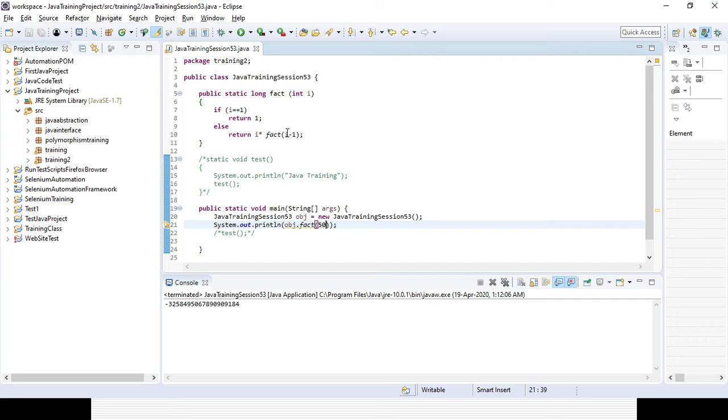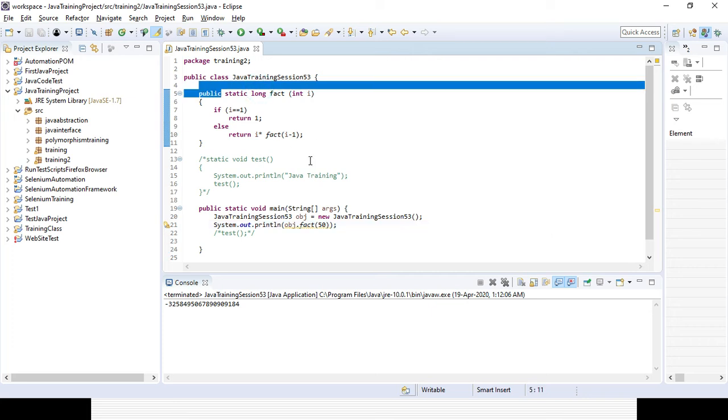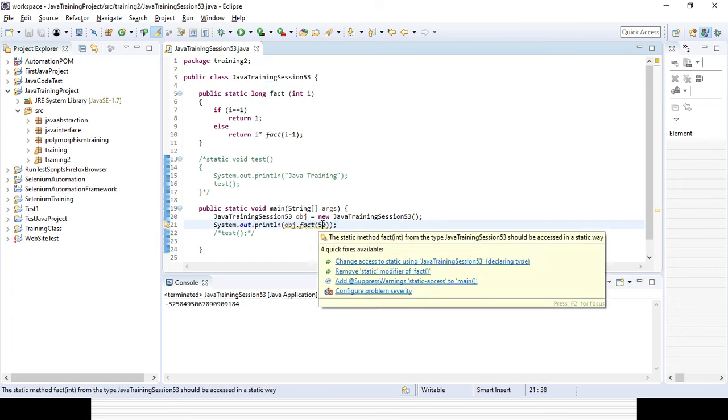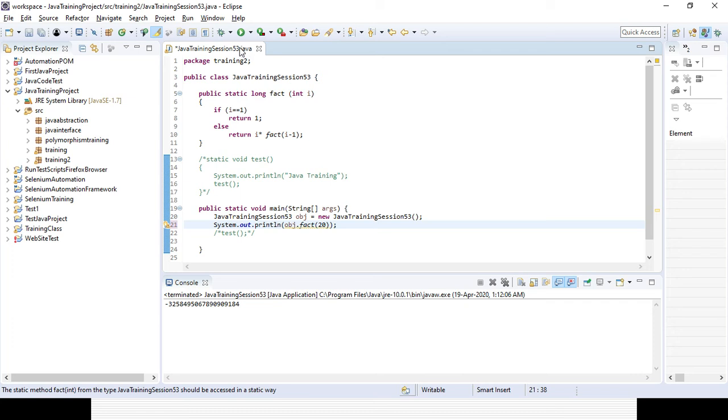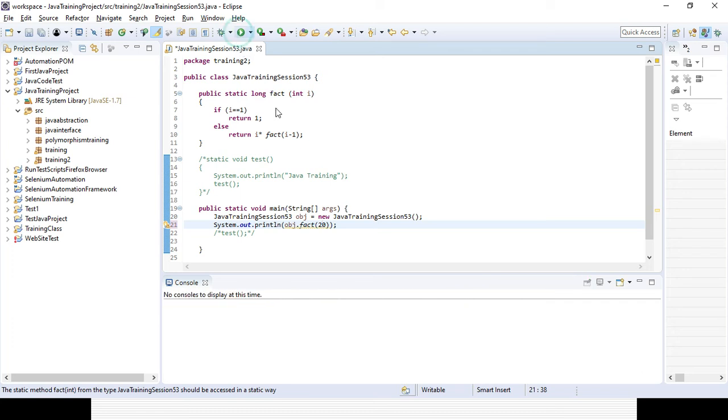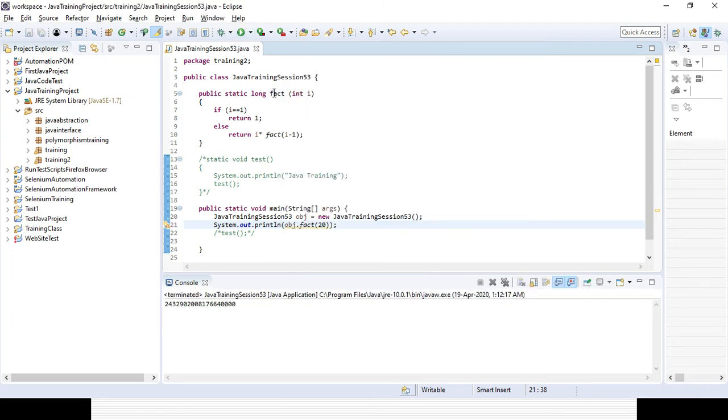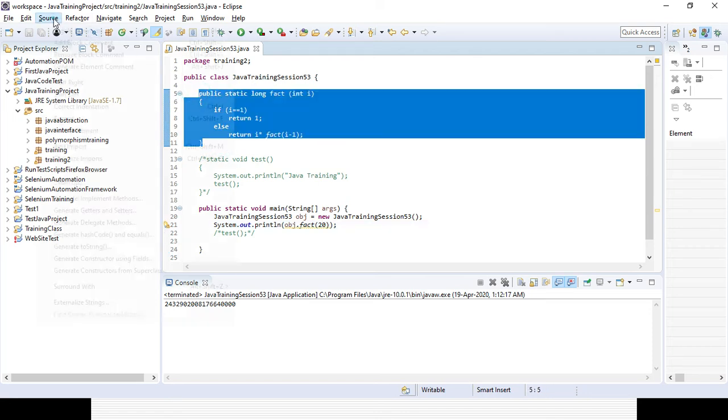That is the reason I have given long. Integer will not be able to handle it, but here it will be long. So that's why you can create the factorial of any number using the recursion technique, right?